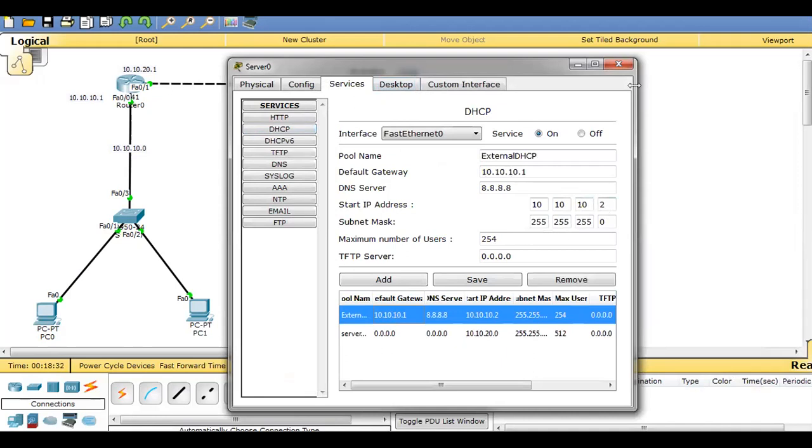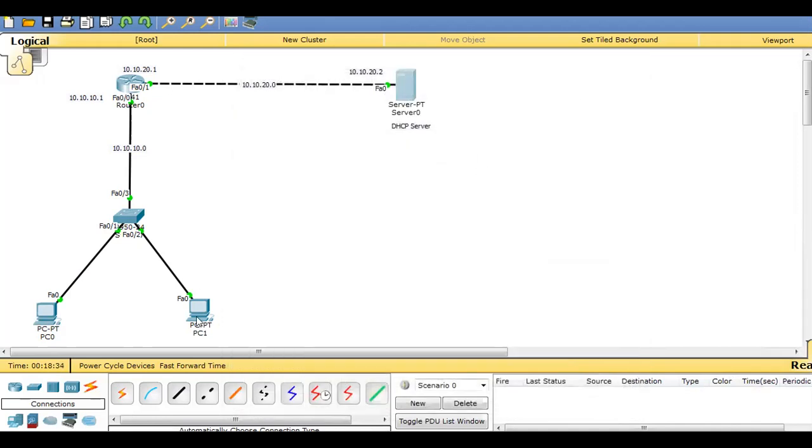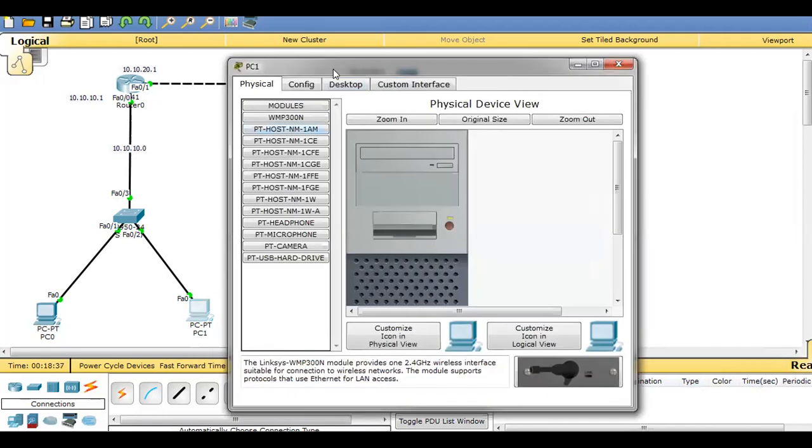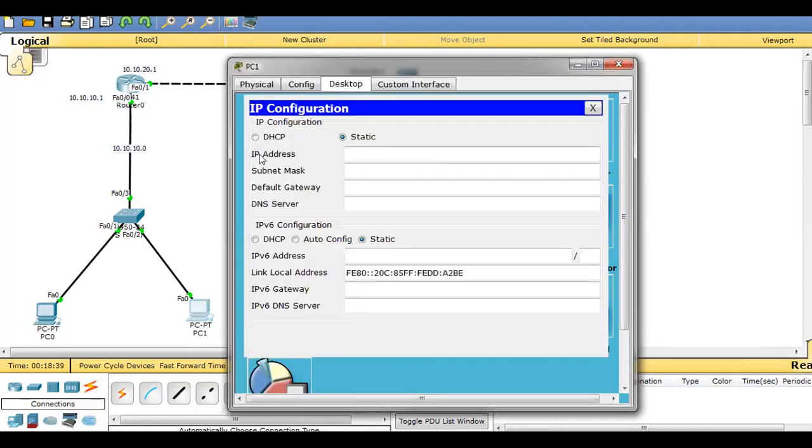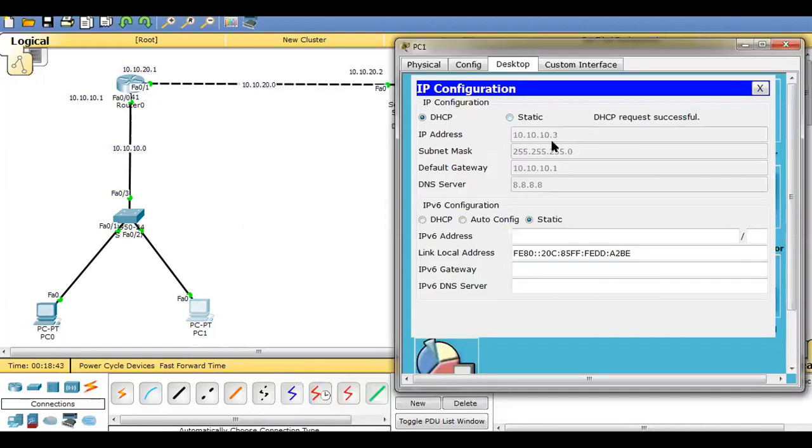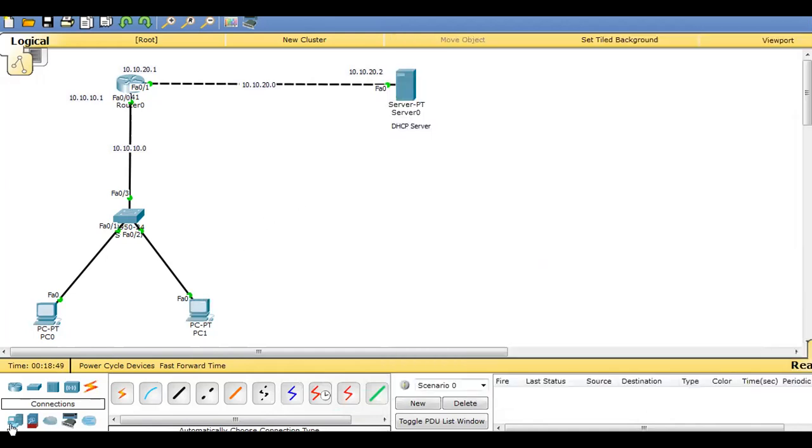When you request for one more PC here, your IP address is going to be 10.3, and then 10.4. If you want to verify, just connect another PC